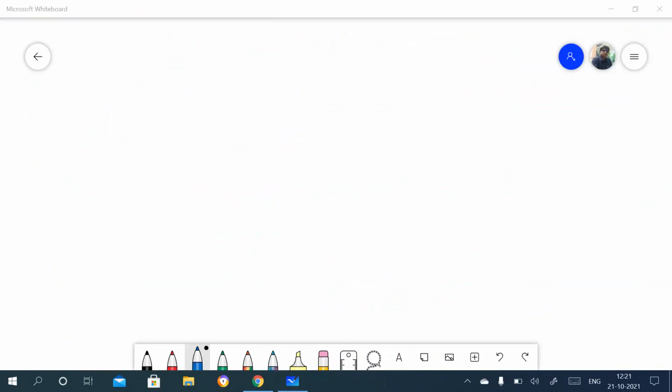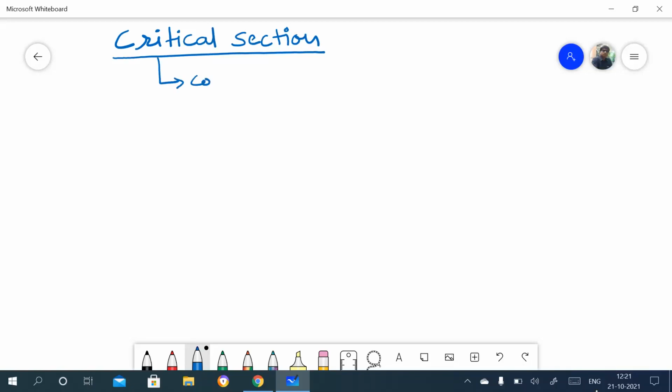Now we'll see the critical section with an example. The critical section is nothing but a code segment, or the place where we can put shared resources, and every cooperating process wants to access that code.